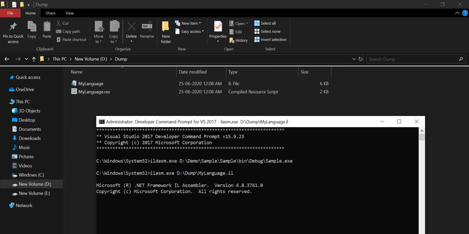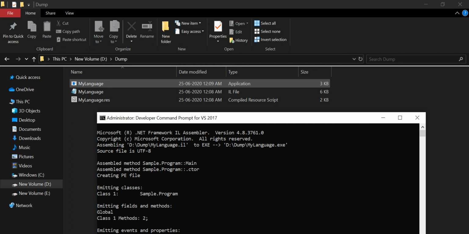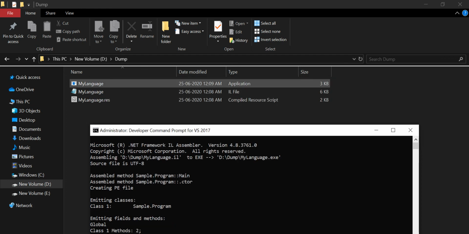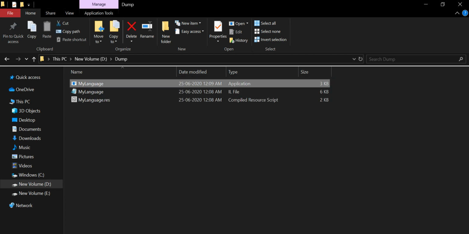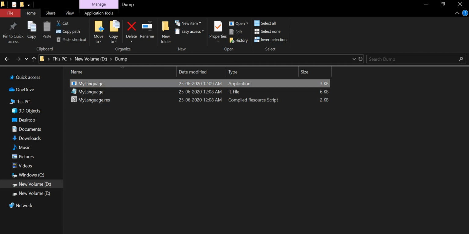See, here the application file was created. Also it says that the operation was created successfully. Once you double click this application file, it will give you the output that we have given in the Console.WriteLine. Actually it is opening and suddenly it is closing.